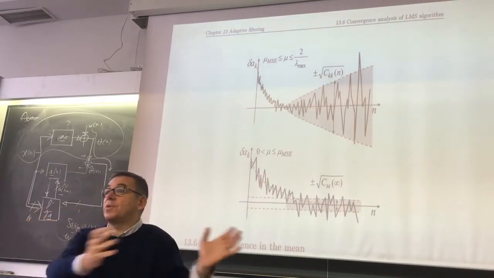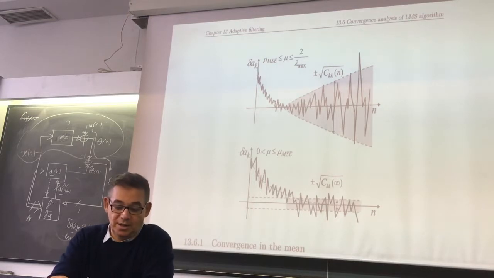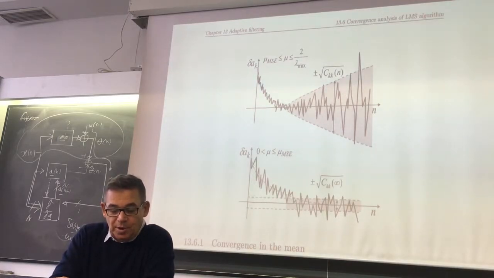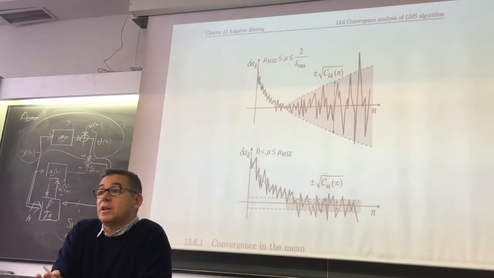I initialize from the previous iteration, and then I keep the iteration running. This is bumping up and down, but at a certain point, it's there. Now, the convergence in the mean says that no matter how this is fluctuating, it's fluctuating around the mean, and